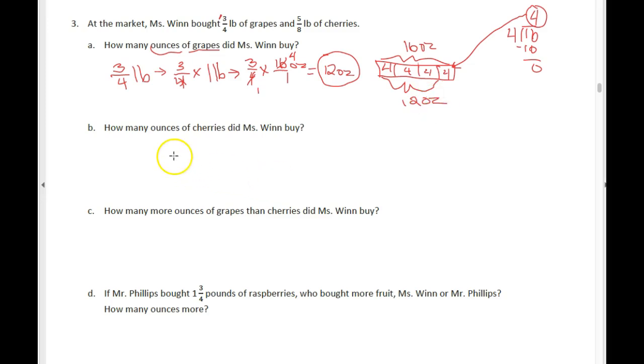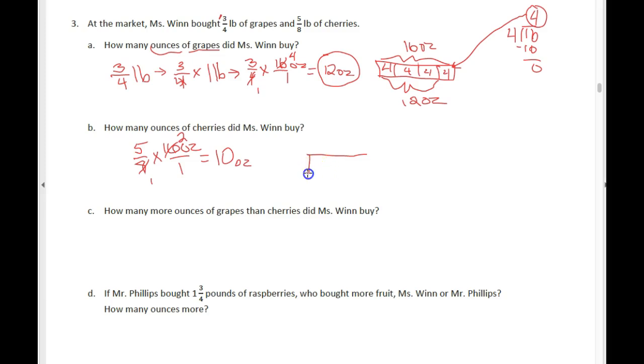Okay. So one more, how many cherries? If we're looking at cherries, we know it's 5/8. And I'm going to go ahead and just turn it into the multiplication that we know it's going to be. It's going to be 16 ounces because it's 1 pound. And I know 8 goes into itself once, 8 goes into 16 twice, and we know that 5 times 2 is 10. So the answer in that case is going to be 10 ounces. We can double check this